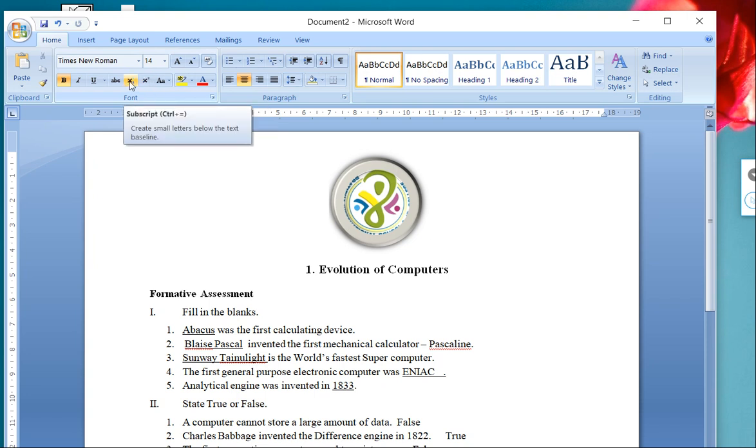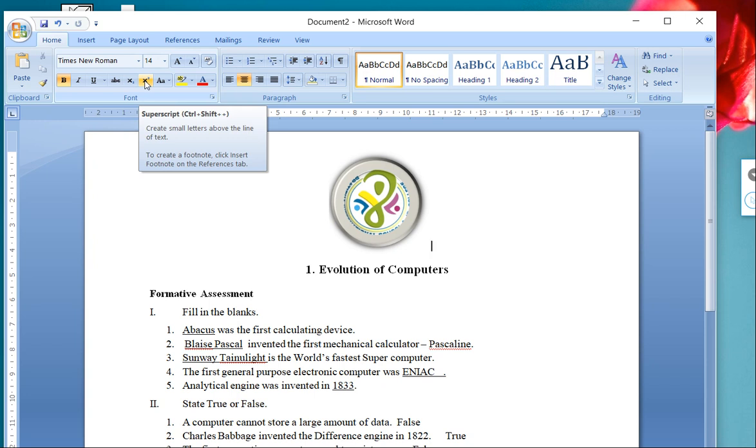Okay, one more thing I want to tell you. For subscript, we can use a shortcut key combination, Control plus equals. Whereas for superscript, it is Control plus Shift plus the plus sign, which is at the end.